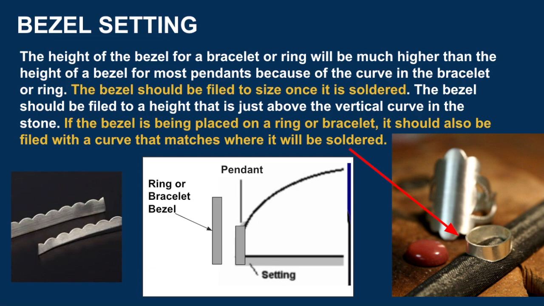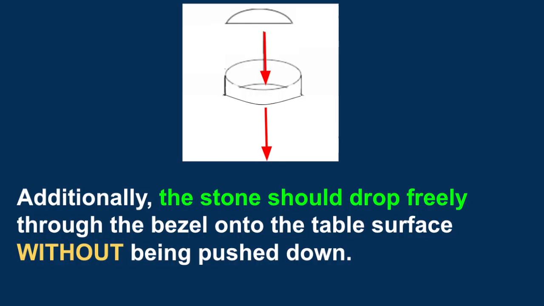It does mean that bezels for rings are also a bit harder to do. As you can see, the bezel should be just over the curve in the stone, but if you are making a ring, that bezel also needs to fit the curve of the ring. The most important part of understanding bezels right now is that after soldering them, you have to check the fit